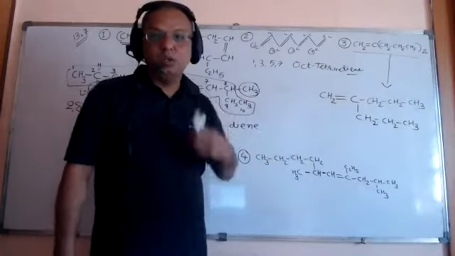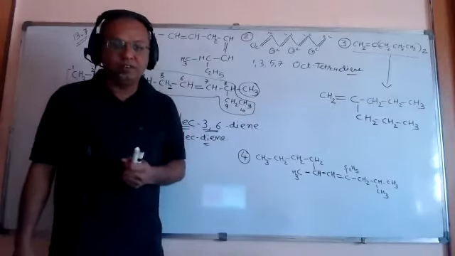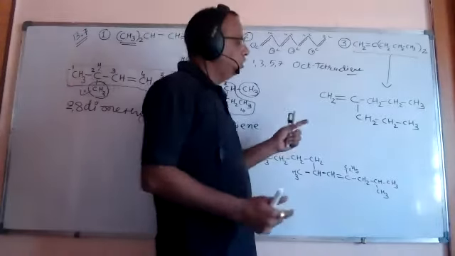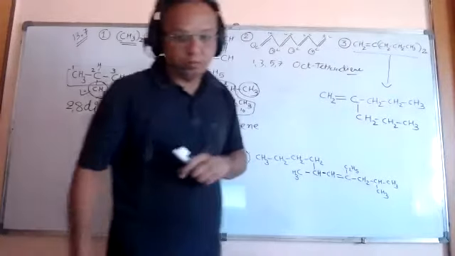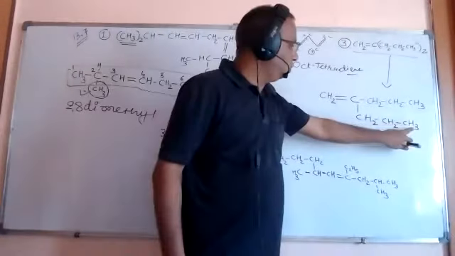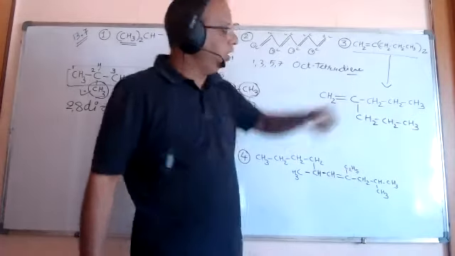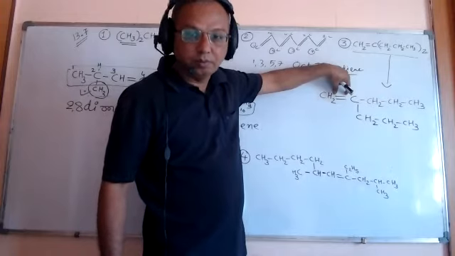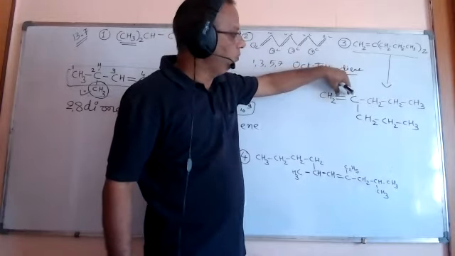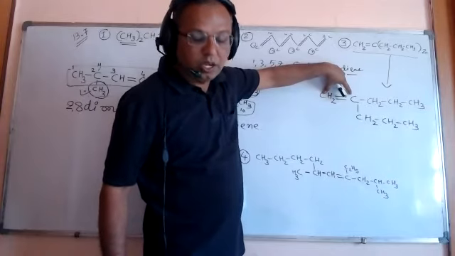You can see now once again we have to find the longest chain, and friends, double bond is also present. So 1, 2, 3, 4, 5. This is one possibility. Another possibility, 1, 2, 3, 4, 5, 6, 7. But friends, double bond is not to be considered as a branch. So we must consider this part as a branch, as a main chain.